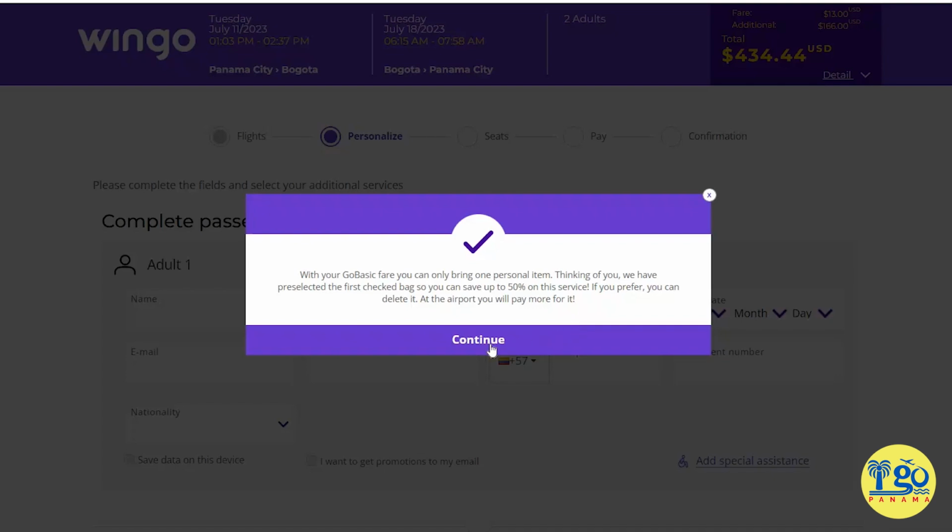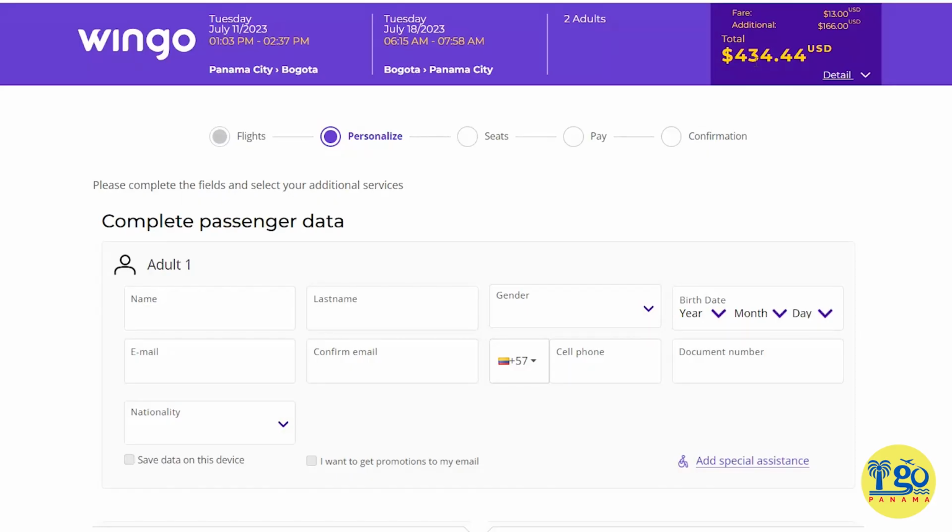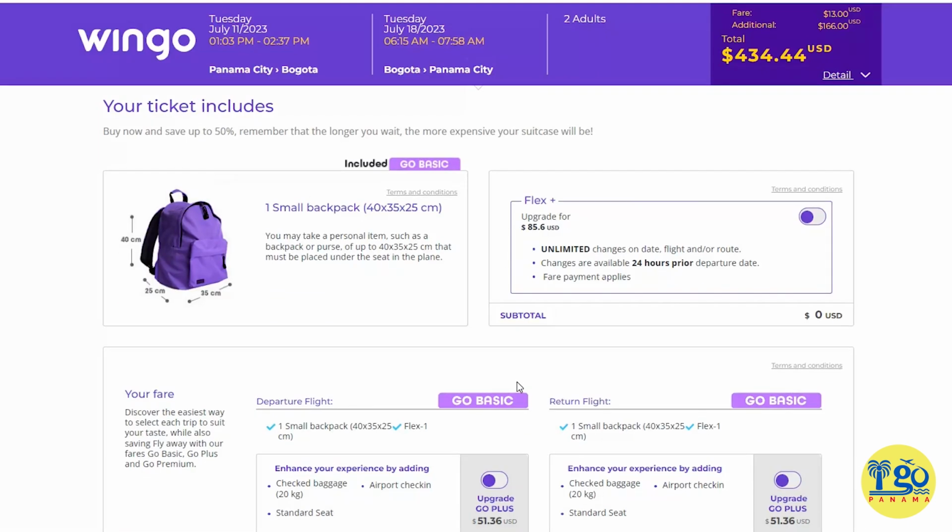And at the airport, you'll pay more for it. Now, either this didn't pop up for me when I was going to Costa Rica, or I just ignored it like I do most of these pop-ups and hit continue. And look what just happened to my price. Okay, it went up by about $200. And that is because down here,